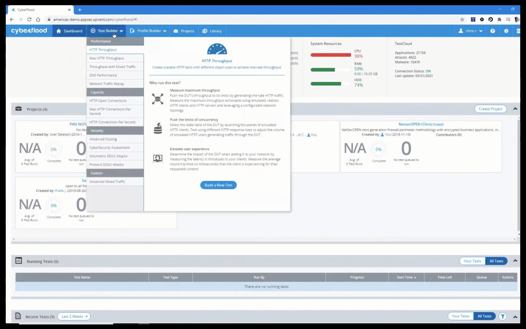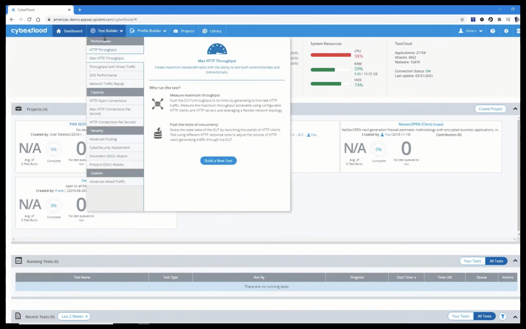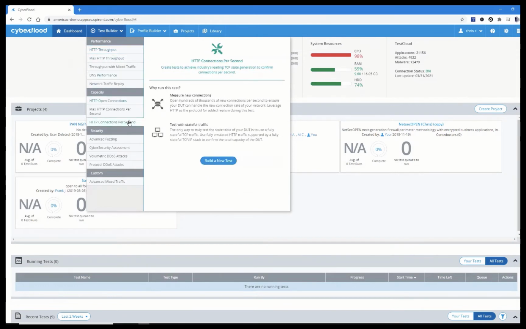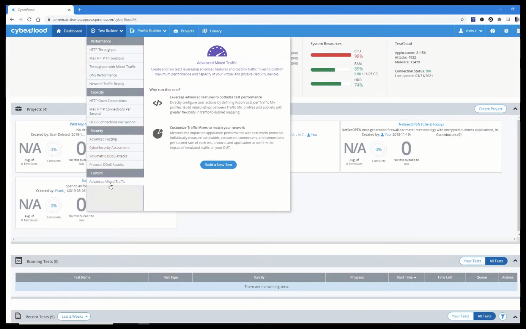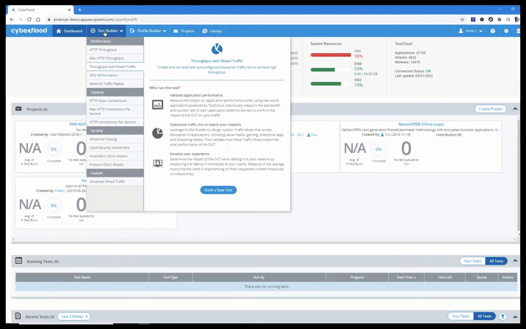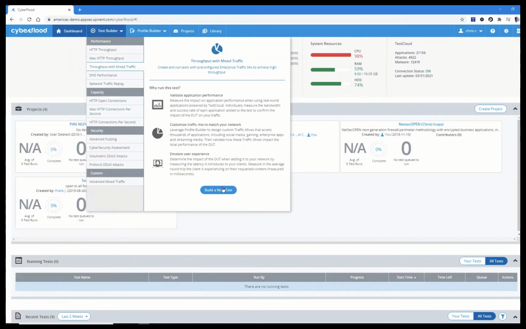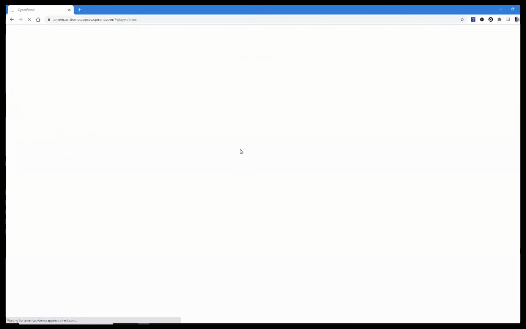chunks, right? So if you go over here to the test builder, you can basically create performance tests, capacity tests, security tests, and advanced mixed traffic tests. So if I come down here and do, for example, a throughput with mixed application, this would be an EMIX test. Now, one of the things that makes CyberFlood unique is the fact that we're not just doing block transfers